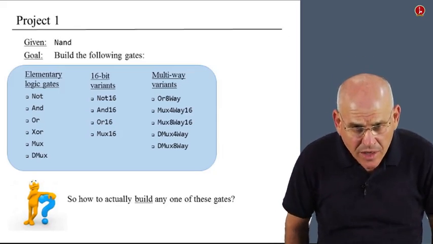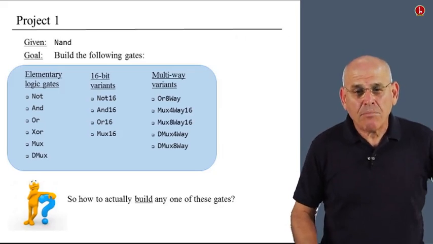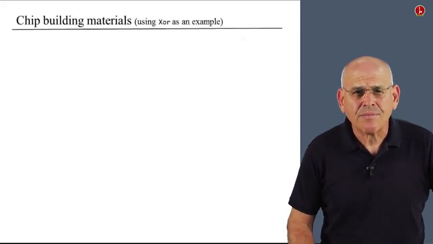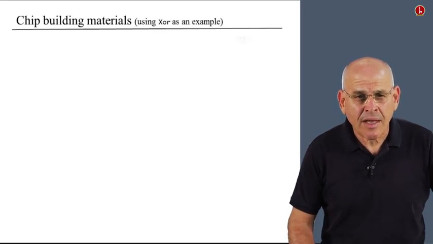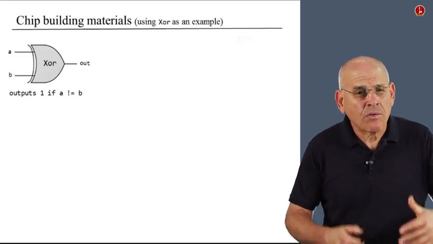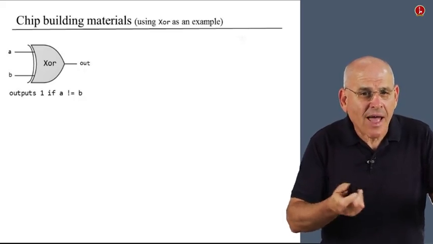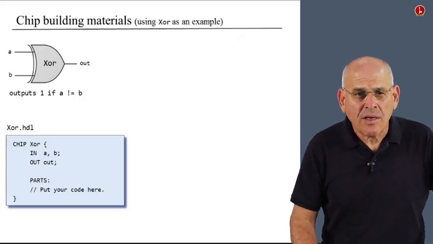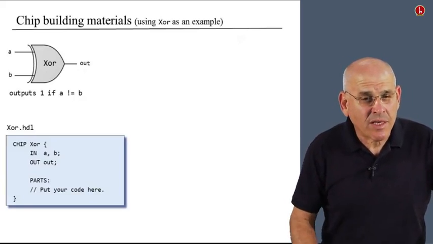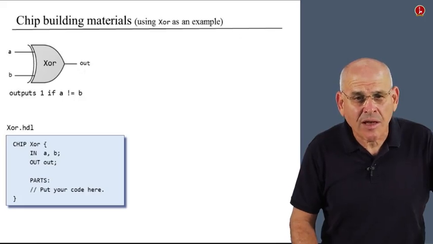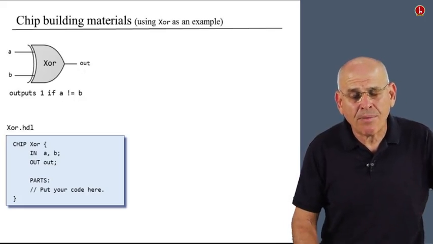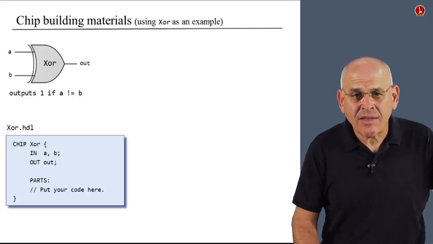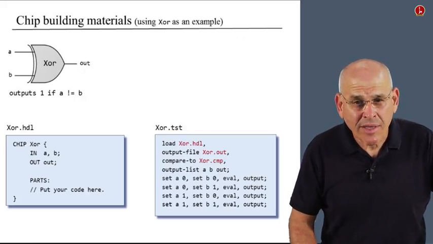So how do we actually do it? How do we actually build every one of these gates? Well, we're going to give you some building materials, and we're going to use XOR as an example. So, you have the gate diagrams from the book or from the lecture. We're going to give you this HDL file, which is available to you, and you can open it up in a text editor. And we're also going to give you a test script